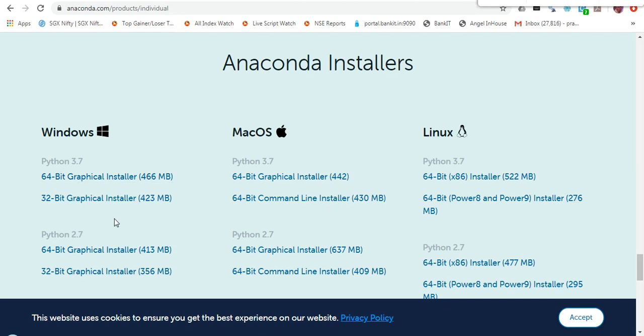Some may ask, if the latest version is available, then what is the use of the old version? The thing is that it's an evolution process, right? A few programs have already been written in 2.7, and not everything has been converted or developed further into 3.7, so many applications are still dependent on the 2.7 version, right?